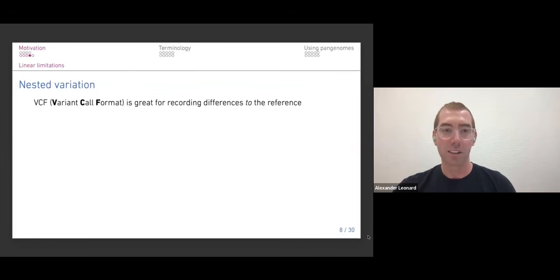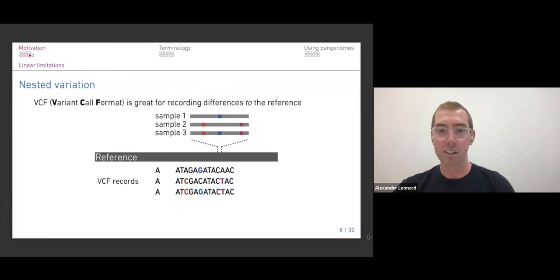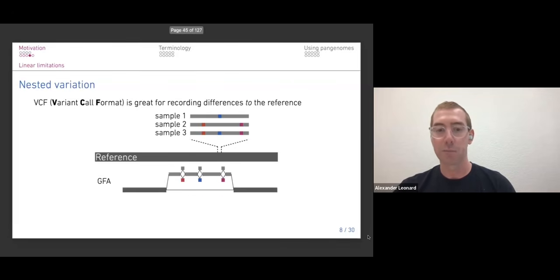Likewise, when we talk about variation, it's generally going to be in something like a VCF format. If we have multiple samples that all contain slightly different copies of an insertion relative to the reference, there is no really good way to represent this in the VCF record format. So here, if you have three different, slightly different insertions, you basically have to represent this as three entirely different lines. However, jumping ahead to pangenomes,